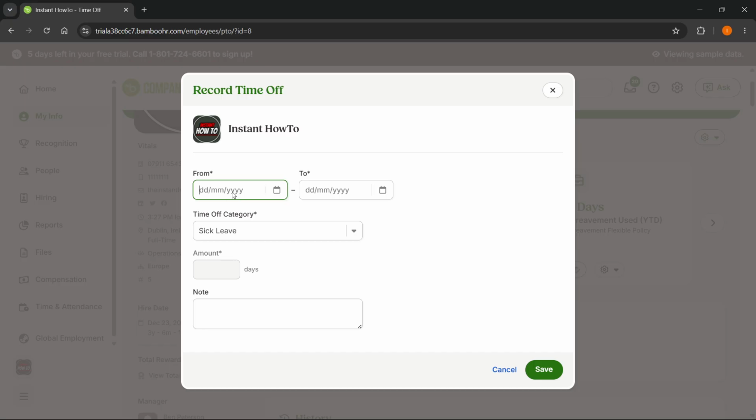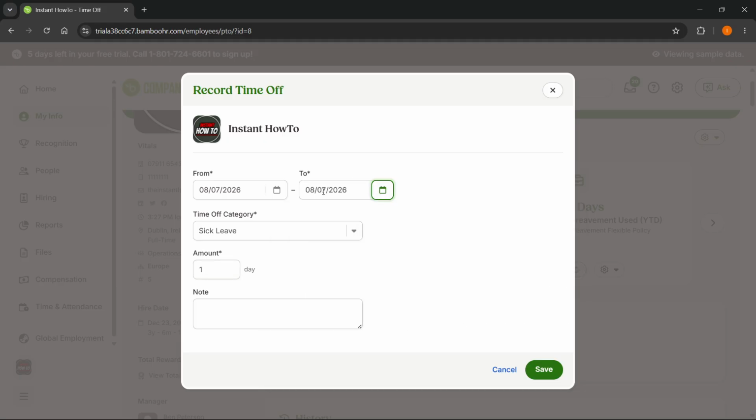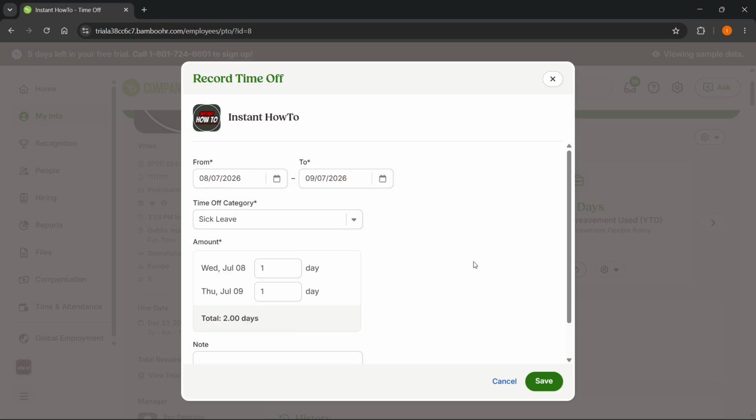So I'm going to just click on over here to actually select the dates. I'm going to do, for example, from 8, so I'm going to select July 8 to, for example, July 9 over here. So I'm just going to click on this button over here again to allow me to basically change this. So I'm going to do like this. There we go. And then time off category should be sick leave, which is the second option, and you'll see